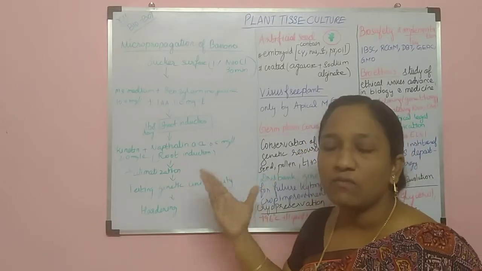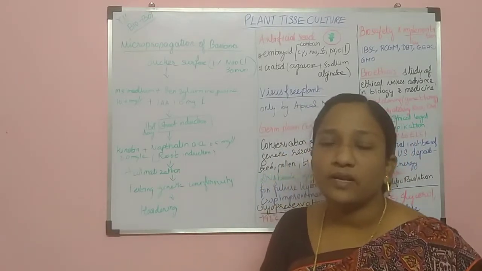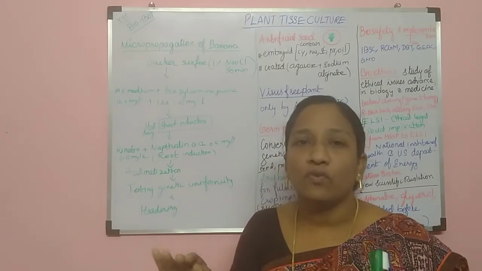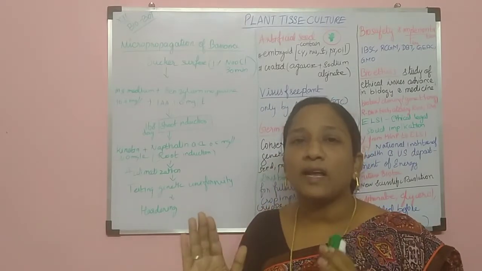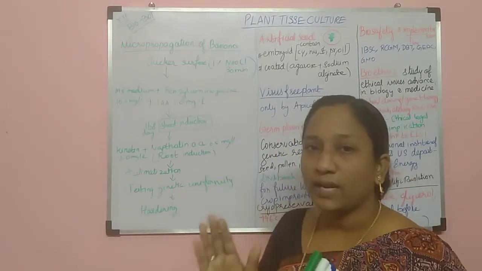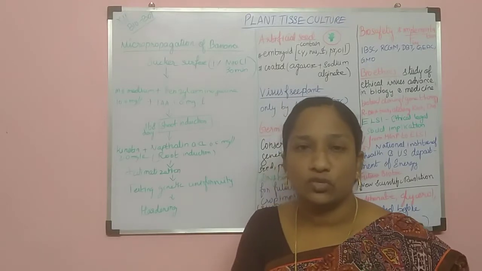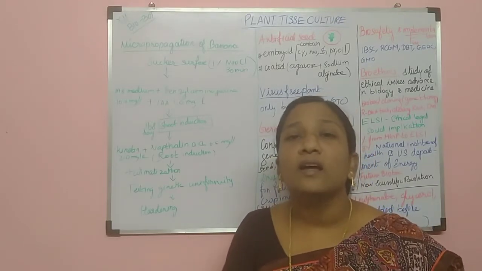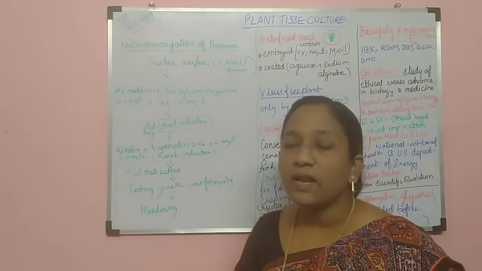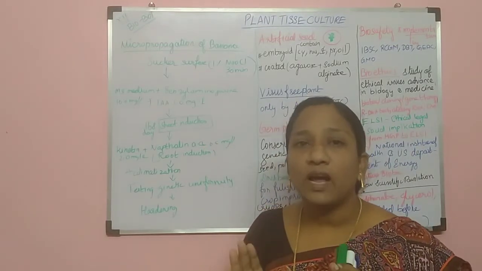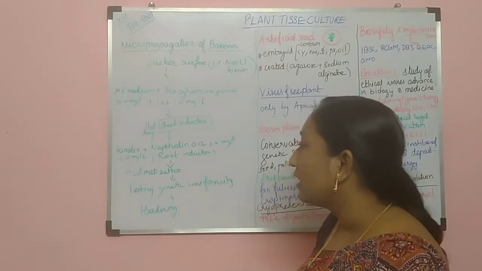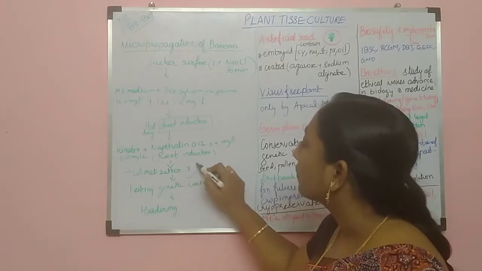Then we have to go for acclimatization. What is acclimatization? Certain procedures are followed to make the plant accept normal environmental conditions. Till now it has been grown in the culture medium in a small test tube, like a test tube baby. Now we are going to transfer this plant into normal environmental conditions. For that we have to prepare the plant. That preparation is called acclimatization, which I already informed you is a very important 2-mark question.